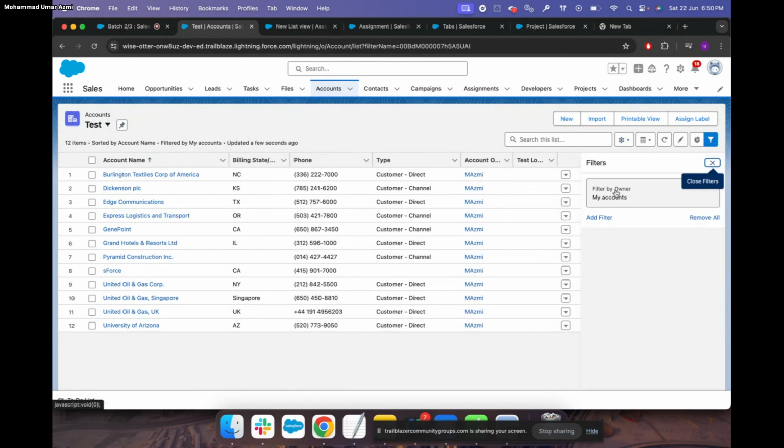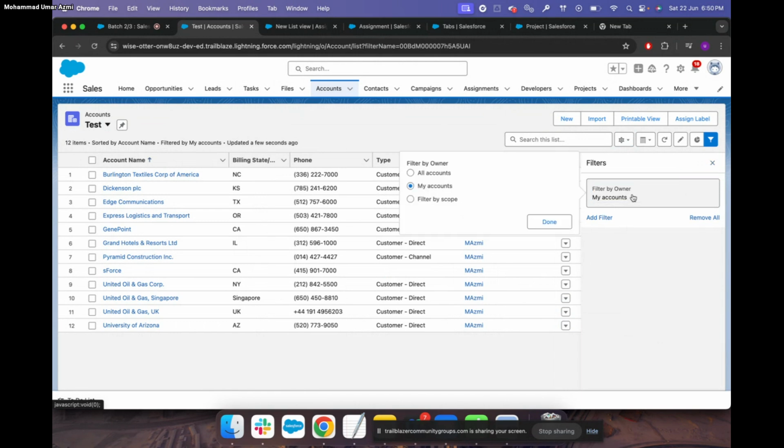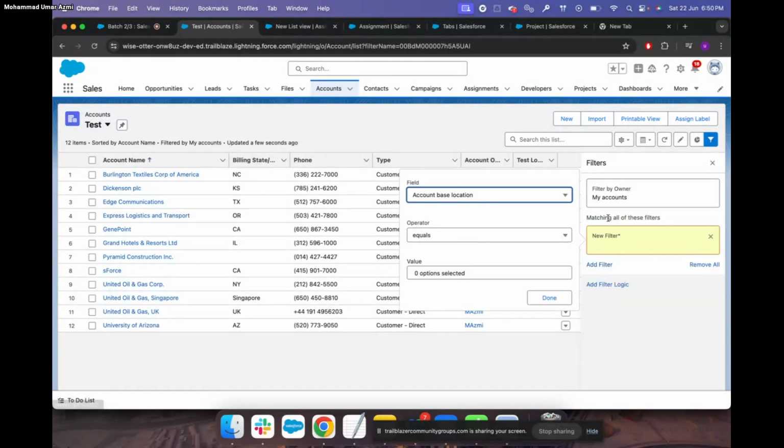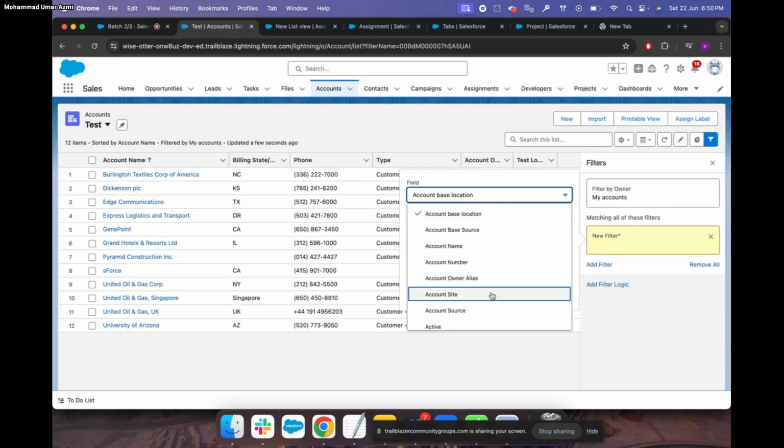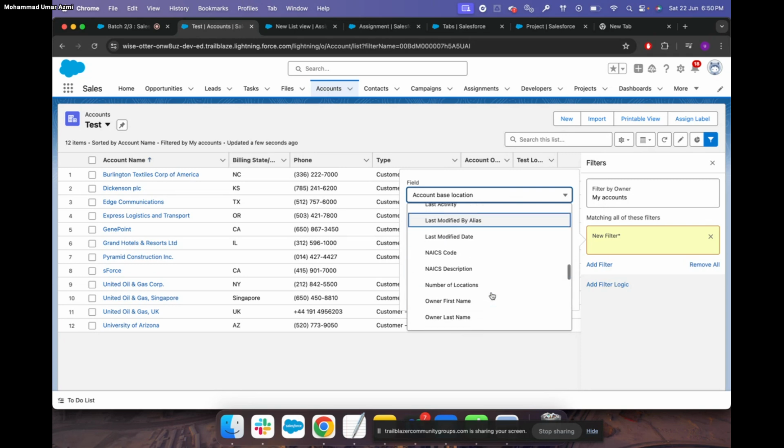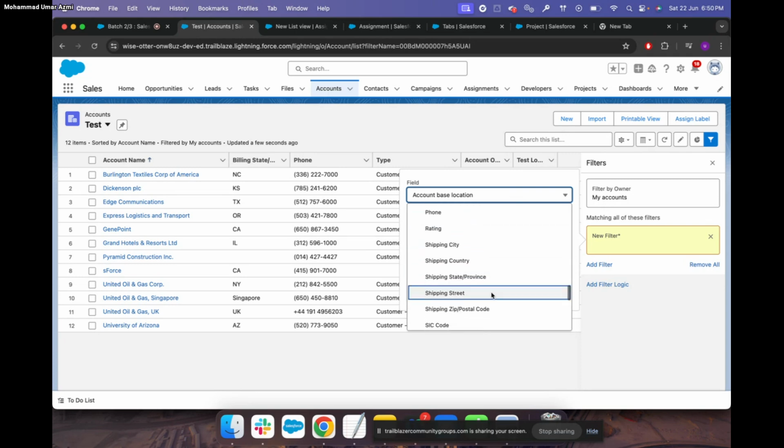So as of now, it is showing only my accounts. You can choose all the filters, and also there's an option called add filter. So what is the filter over here? This is just like you're filtering the records based on some particular conditions. These are the fields, and based on these fields you can filter, for example, let's say you wanted to